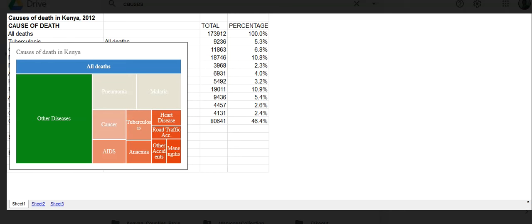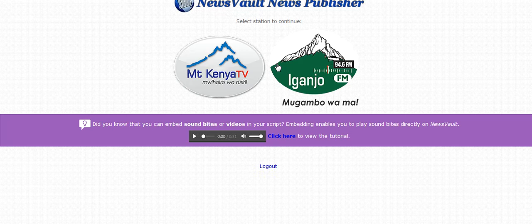But before we go into that, you might ask yourself, how do I collect this information? Like, I want to have data from a certain region, but I'm not able to collect it. Working for Royal Media Services, I developed a software. I called it News Vault. This is basically a crowdsourcing software. It is web-based, so any reporter can upload news from anywhere in the world.